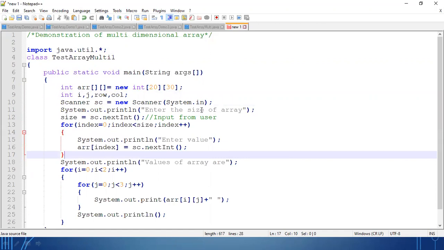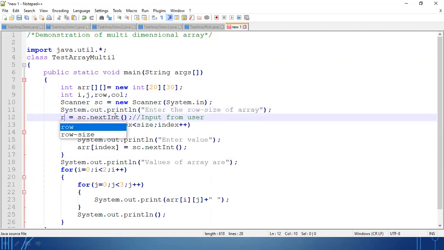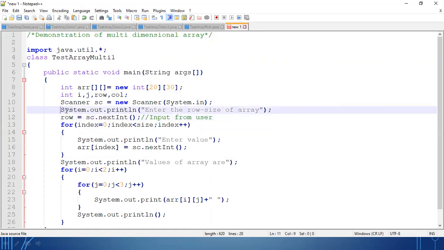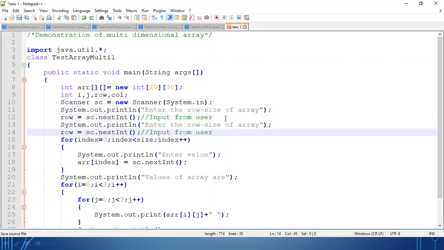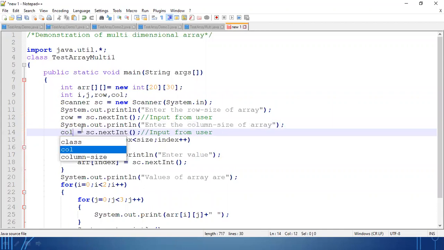So enter the size of array means enter the row size of array. You are taking the input and storing it in the row variable. Similarly, we will take the input for column size of array, and whatever input you take from the user will be assigned to the column variable. Okay,